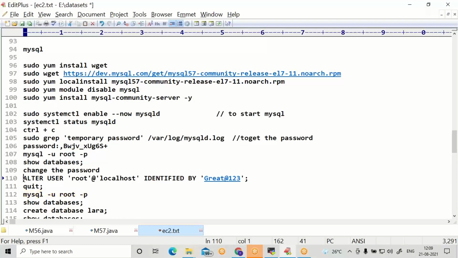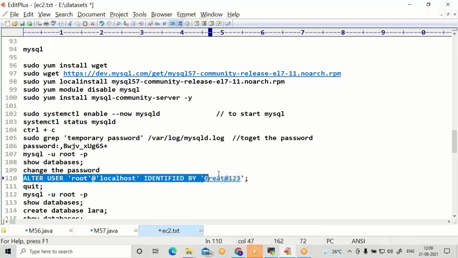How to reset the password? Use this command: ALTER USER identified by, and specify the password. I am choosing the password as great@123.